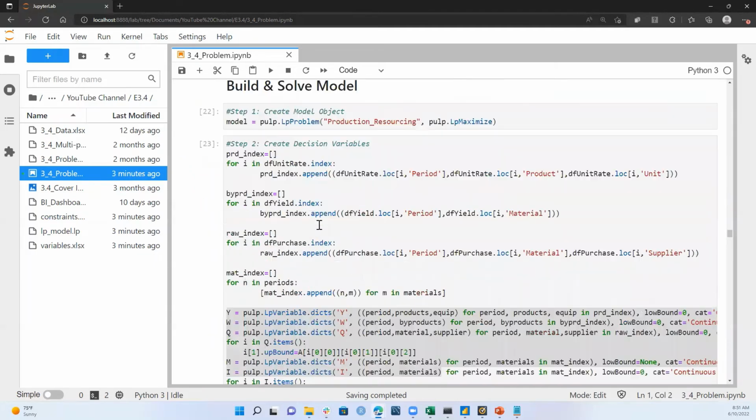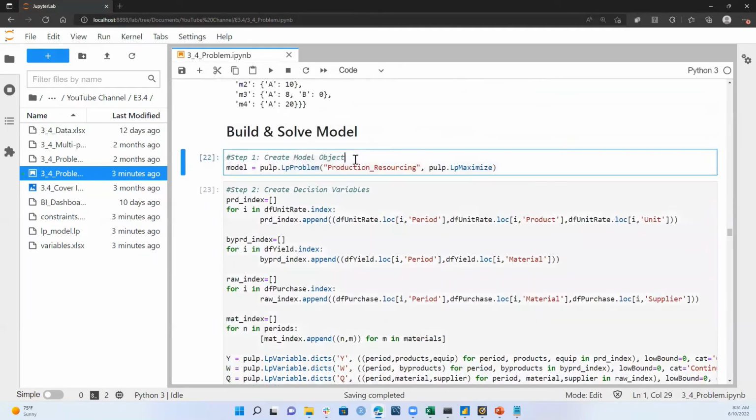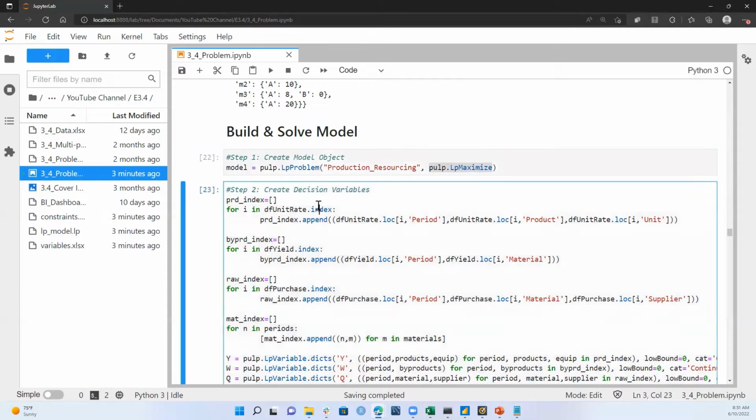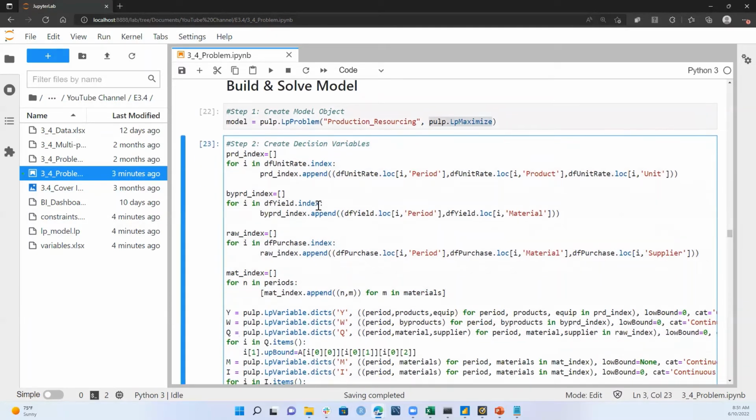So now we're ready to build and solve this model. So step 1 is, again, creating our model object or problem object. Still calling this production resourcing, and we're specifying this as a maximization problem. Step 2, we're going to create our decision variables. So the first thing that we do in order to create these is we create these indices. We've covered this in past episodes, but for this product index, we're actually going to be creating